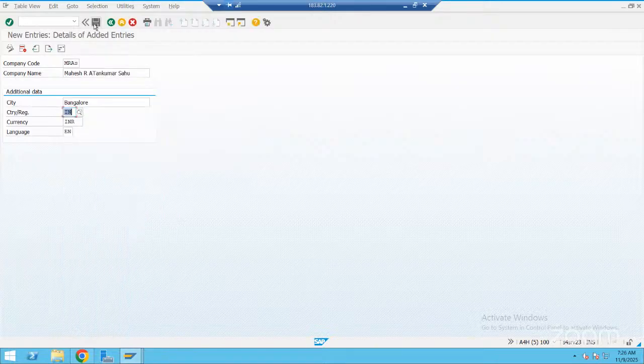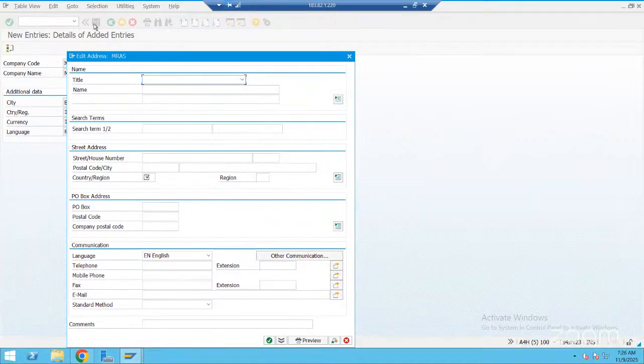So when you save it, SAP has created the code to give this pop-up to enter additional information here.